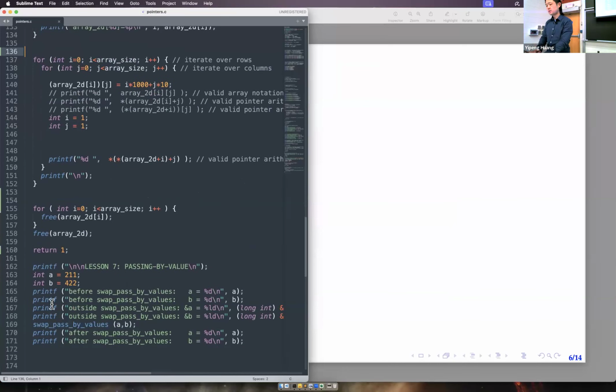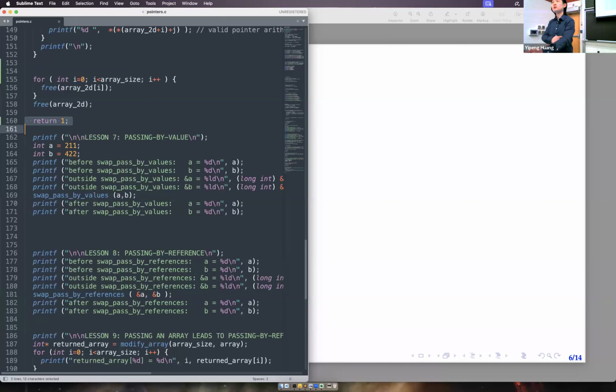Okay, so new territory. So we've seen how pointers allow us to create arrays. The next lesson is all about how pointers allow us to build functions and allow us to pass data into and out of functions. So we will start with a little puzzle